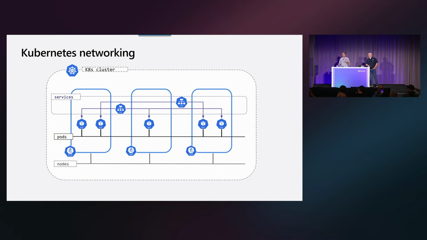But the point here that we want to make, and hopefully you understand, is you have the node networking that's very similar to what we were used to. You have the pod network that's close to similar of what we used to, but then you have an additional layer on top of that. So you can work with the services inside of Kubernetes. The way this works is every pod gets an IP address. It might be an overlay where the pod gets the same access from the rest of the network, or it might be a virtual network where you are giving virtual IP addresses to the pods. You pick and choose depending on the scenario.